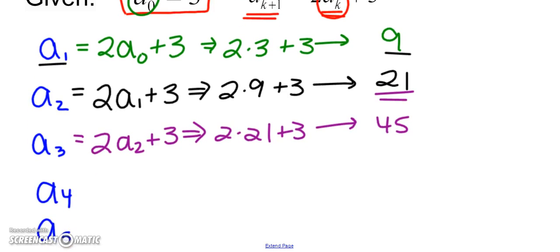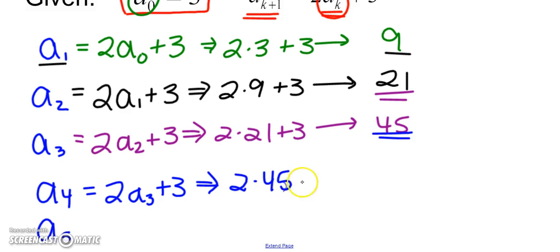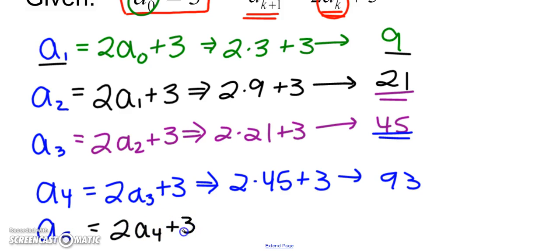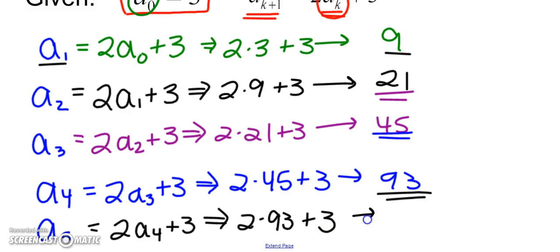a sub 4 is going to be equal to twice a sub 3 plus 3. Well, we just found a sub 3 was 45. So that's going to be 93. Finally, a sub 5 is going to be equal to twice the previous term, which would have been a sub 4. This is going to be 2 times, we just found that, 93 plus 3. 2 times 93 is 186, plus 3 is going to be